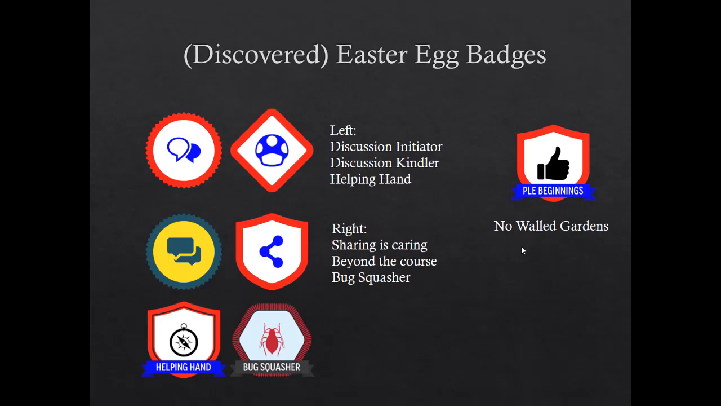These are some of the discovered Easter egg badges. These were hidden. On the left, we have a discussion initiator, discussion kindler, and a helping hand. And what that means is that I wanted to recognize students who jumped in consistently early on and posted in the forum. And they didn't leave their discussion forums all the way at the end of the module. So some students would just come in and do all their discussion forum posts in 1 or 2 days,